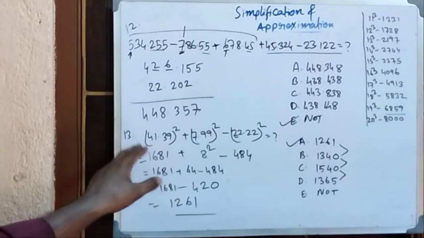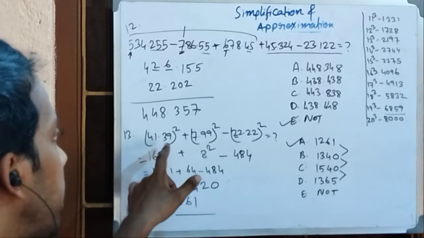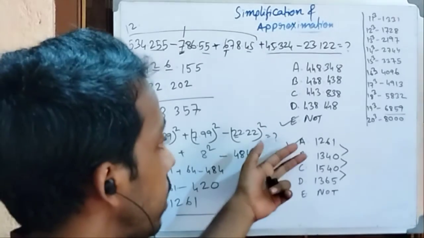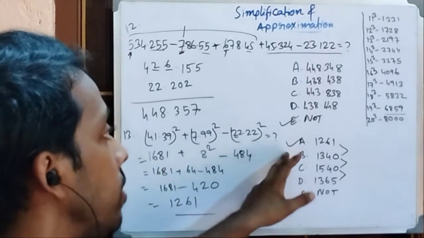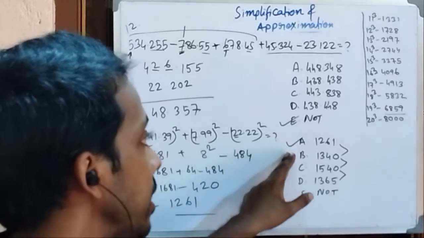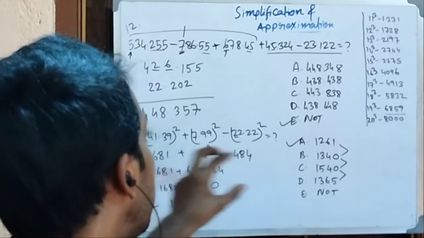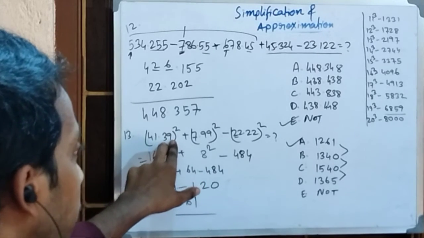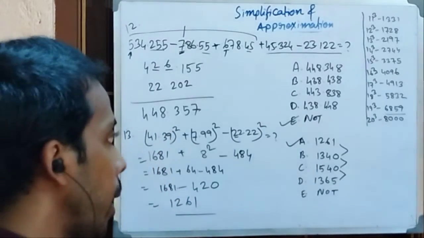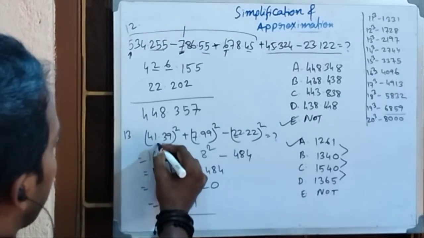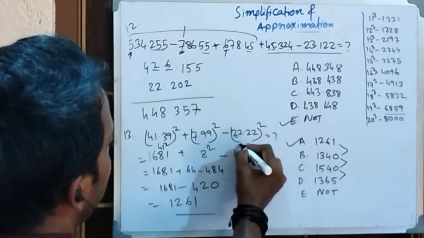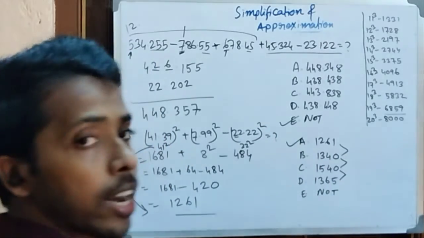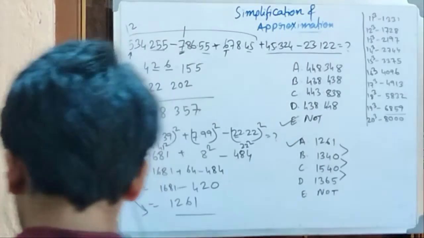So in approximation questions, it happens sometimes that the fractional value does not come into play in any significance to get the actual answer, because the answer given here itself maintains such a large difference that that much accurate calculation is not needed at all. So you can check that I am taking here 41 square only, here 8 square, here 22 square. This much is also sufficient to get the correct answer, right? Okay. Moving to the next one.